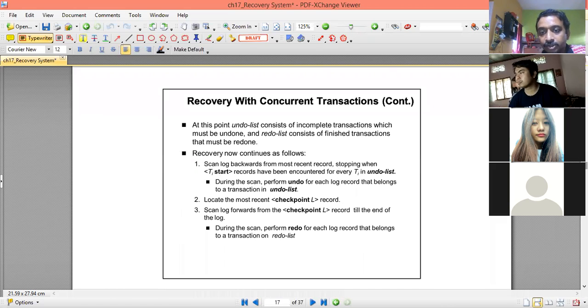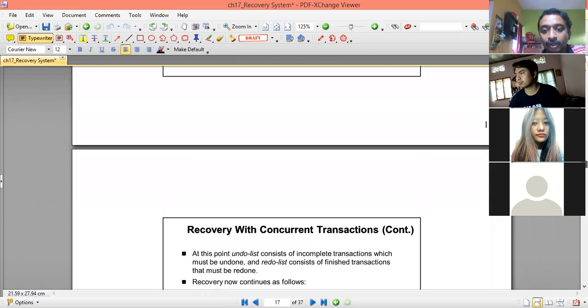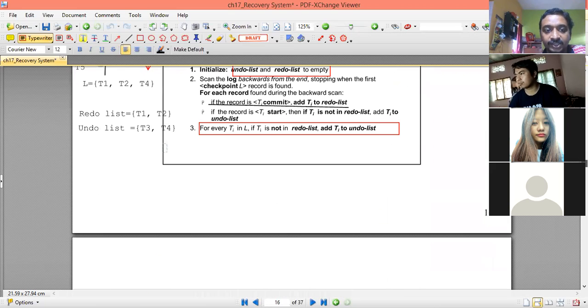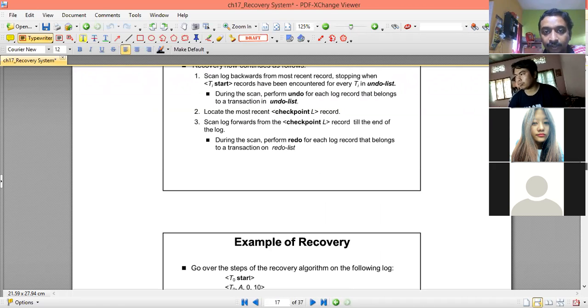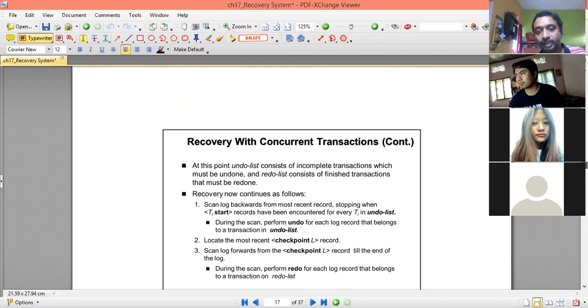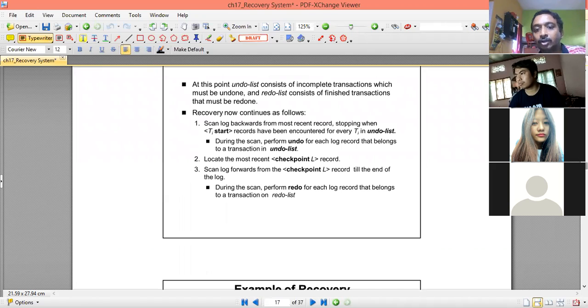So for every transaction in the undo list, we scan backward, and if we find the Ti start, we stop scanning there for undoing. During the scan, perform the undo for each log record that belongs to a transaction in the undo list. Then locate the most recent checkpoint L record.